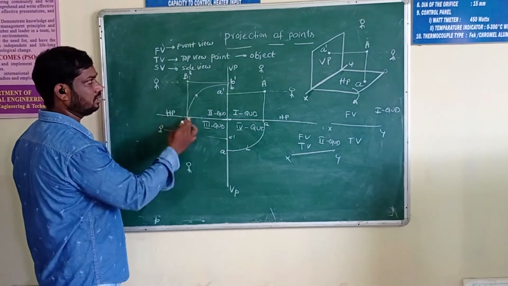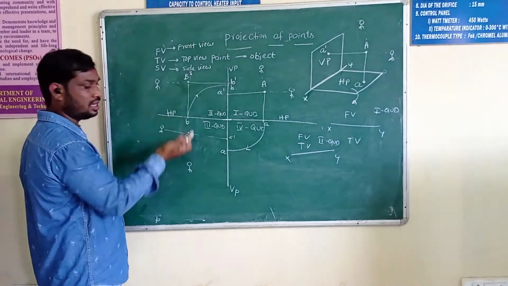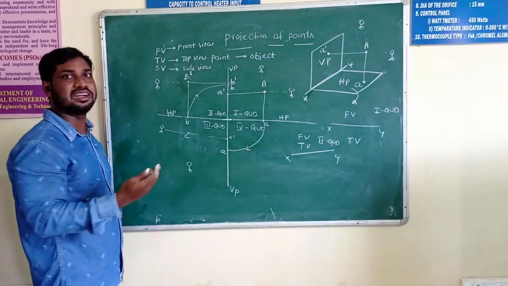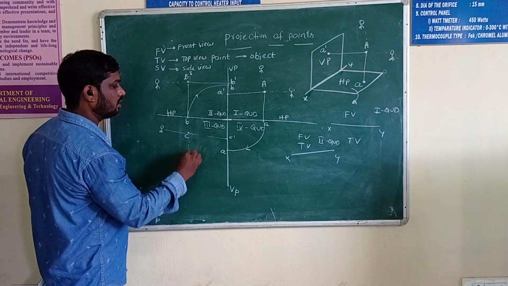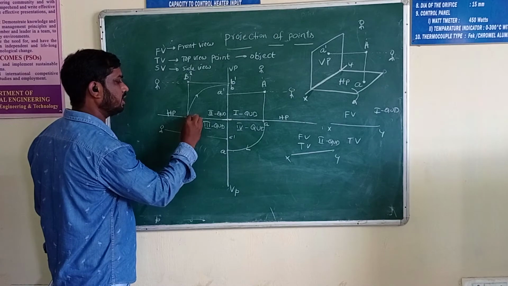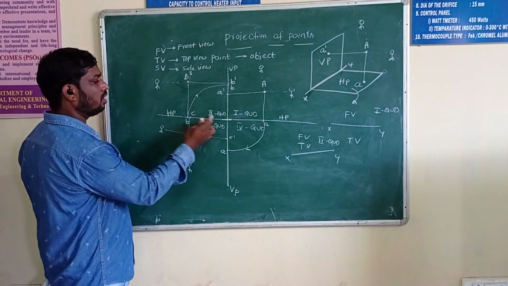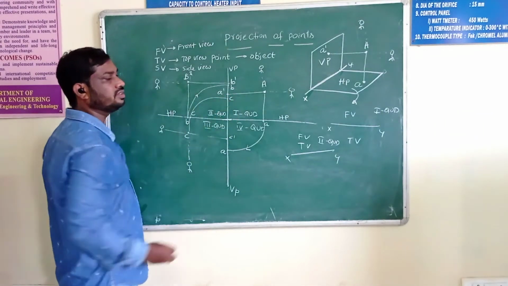And from the top side, it is also transparent, meaning the back side it is projecting. Or otherwise I am taking a lower top. I am taking it here also for understanding clearly, so that the observer sees the object projecting onto the horizontal plane, and you are getting the point C. Now what is the condition? The horizontal plane rotates in the clockwise direction like this. You will get the point C here.